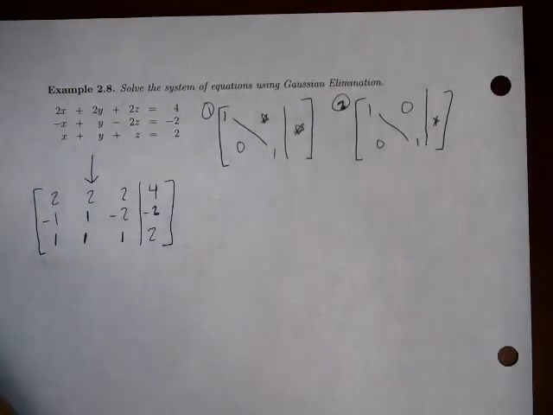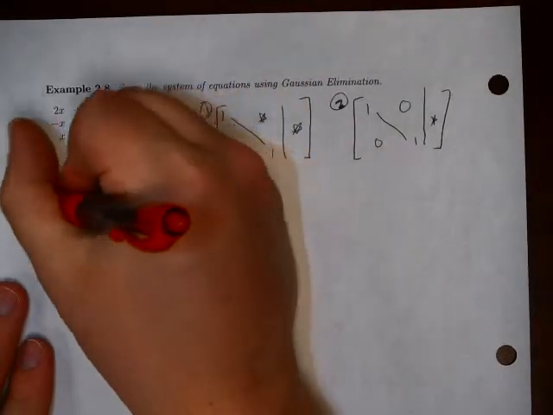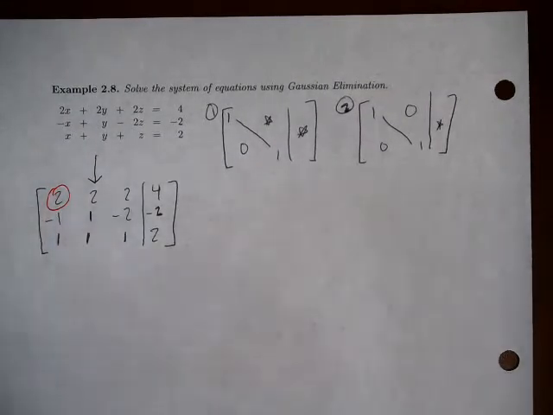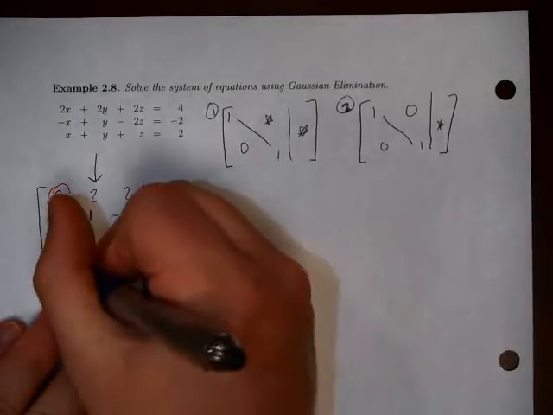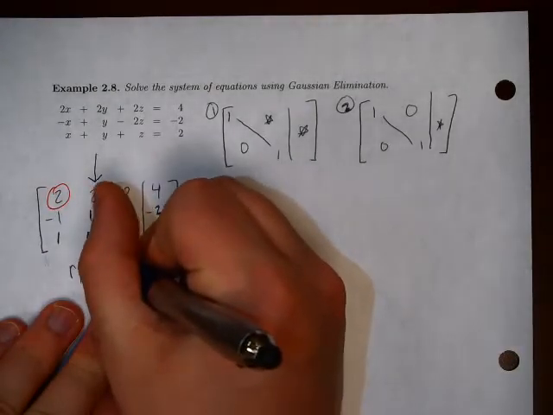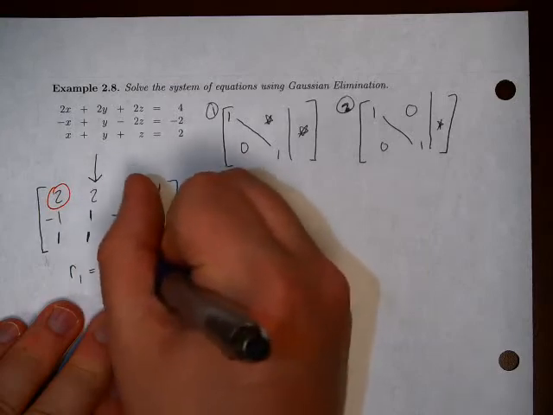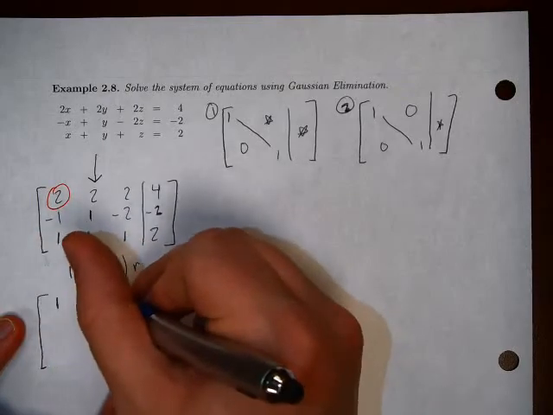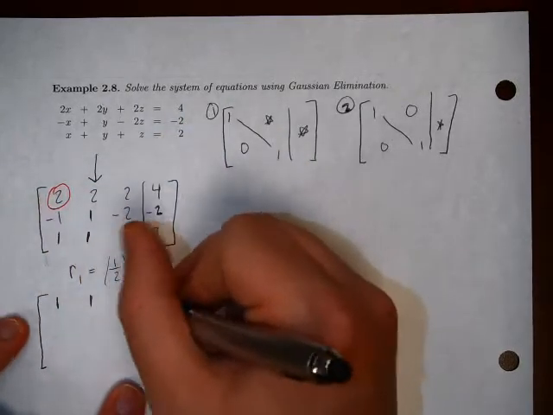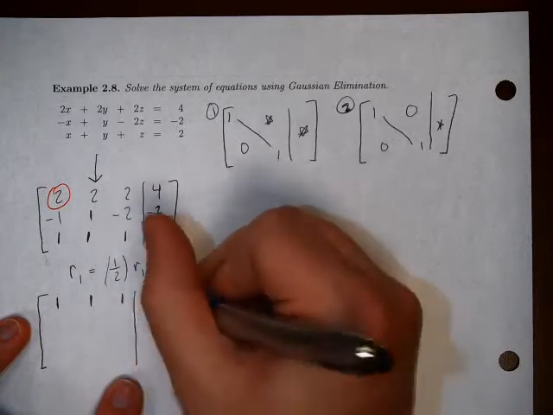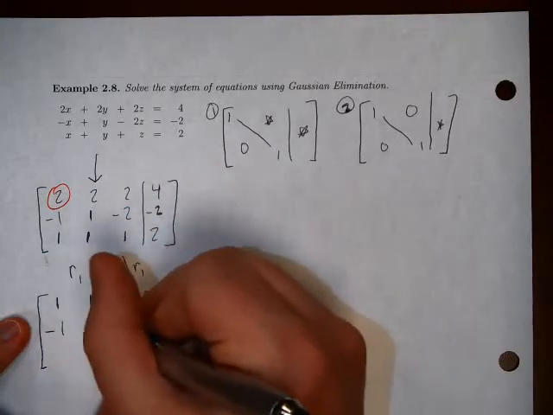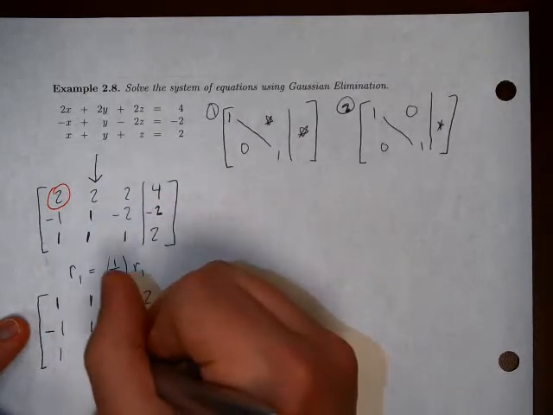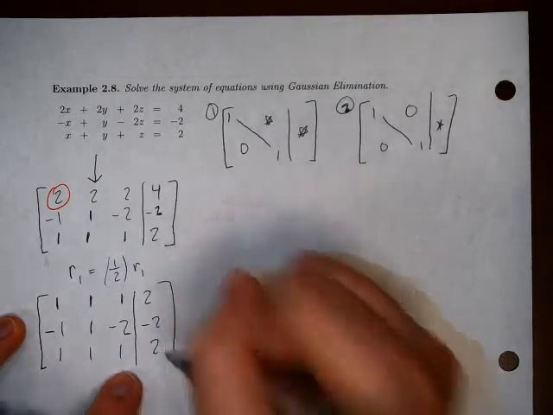So what I want to do is take this 2 and turn it into a 1. I could use the 1 from down here, but I'd rather just take this and divide it by 2. So I'm going to take row 1 and set it equal to 1/2 times row 1. So here we'll get half of 2 is 1, half of 2 is 1, half of 2 is 1, half of 2 is 1, and half of 4 is 2. We get negative 1, 1, negative 2, negative 2, and we get 1, 1, 1, 2. So now that we have